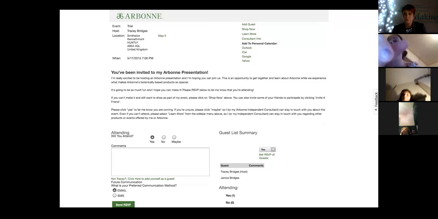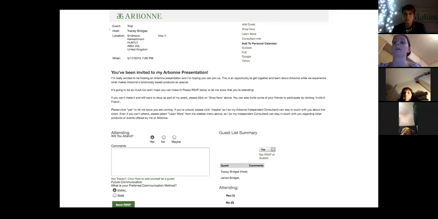And then again, you'll see under your add guest, you've got your shop now. So your guest will click on shop now, and that'll take you to your website. I'll just click on the add guest. Let's see if it'll do it. There we go. So this is what your guest will put in if they want to. They'll put in the mum's email address, first name, last name, add guest, and they're effectively doing that for you. So it's quite handy. Okay, I'll just go back and see if it'll let me go all the way back